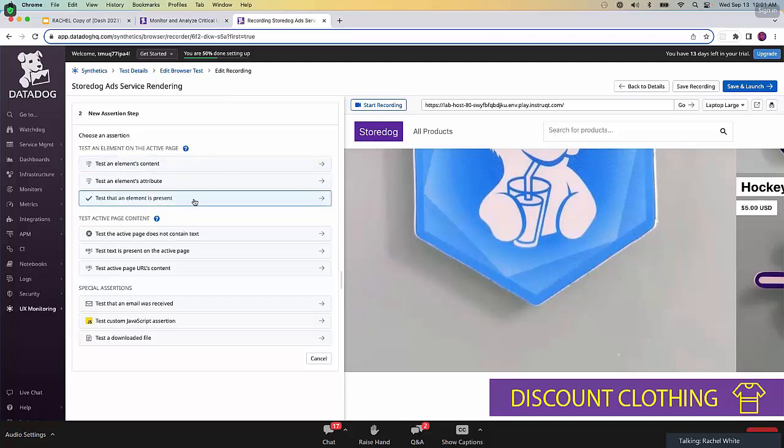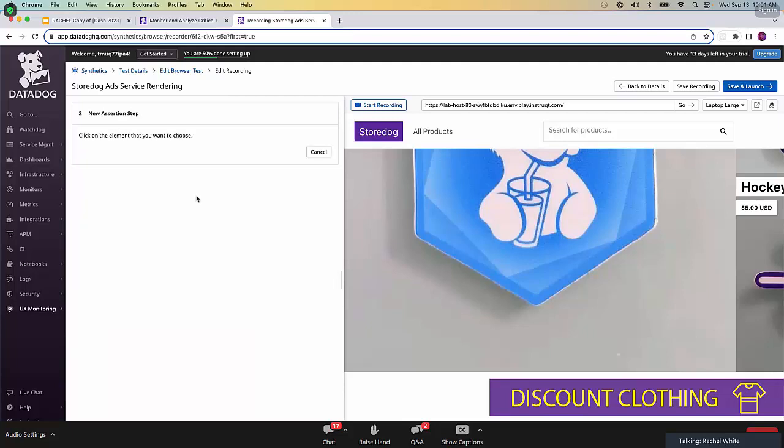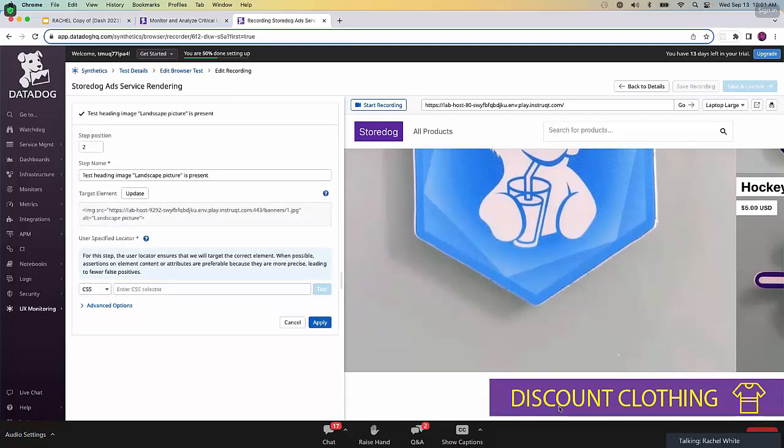That assertion is going to be testing that an element is present, because it's the ad that we want to check for. So what you can do over here on the right side is click on the ad for the ad service, and you can see over here on the left-hand side that it gives us the image for the target element. One of the things that you want to keep in mind when you're testing for this stuff,